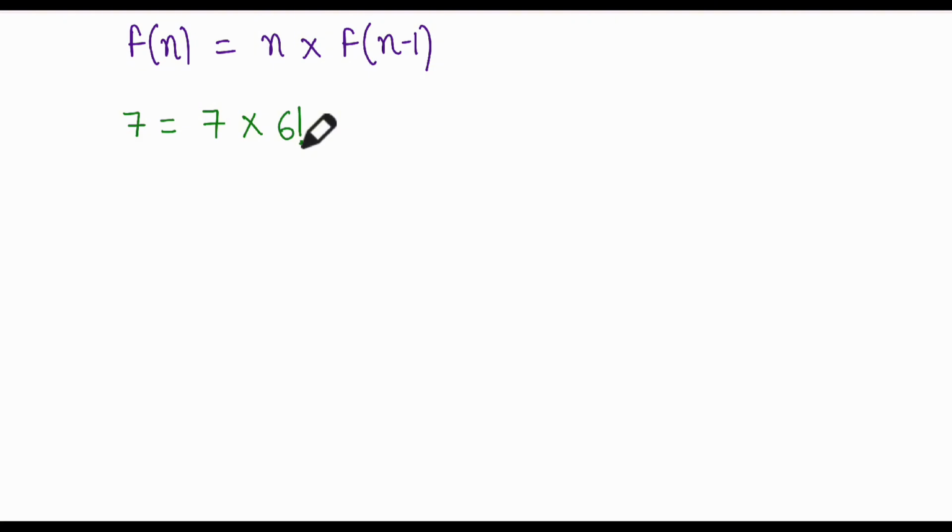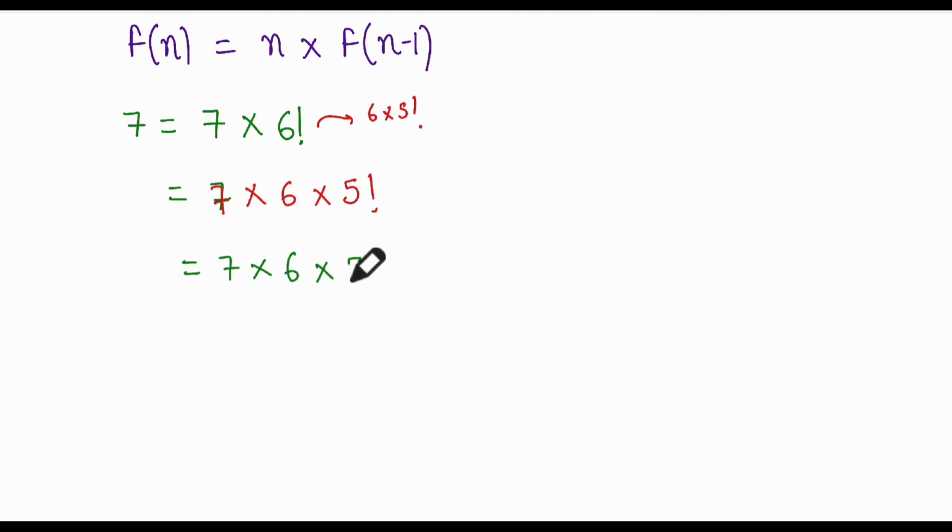Now the point is, let us say I don't know what 6 factorial is. Can I break even 6 factorial further? Because as per the logic, I can break even 6 factorial, right? So what will I do? I will now break 6 factorial as 6 into 5 factorial. So what is happening? 7 into 6 into 5 factorial, right? And it will keep on going. Suppose you went from 7 into 6 into 5, you will keep on reducing your number, 4 into 3 into 2 into, let's say, 1 factorial.